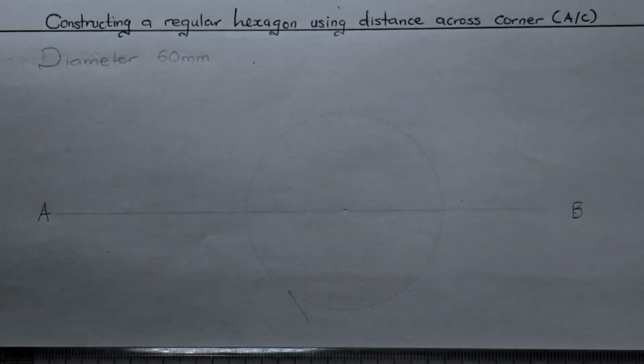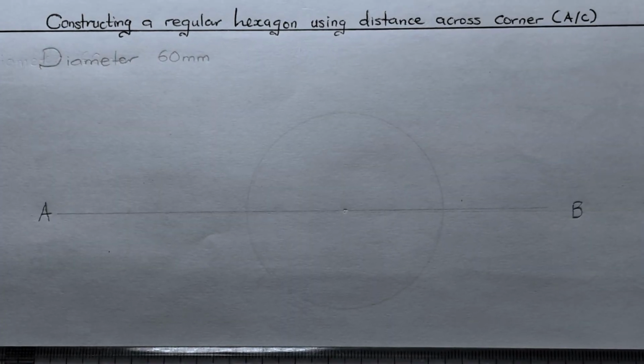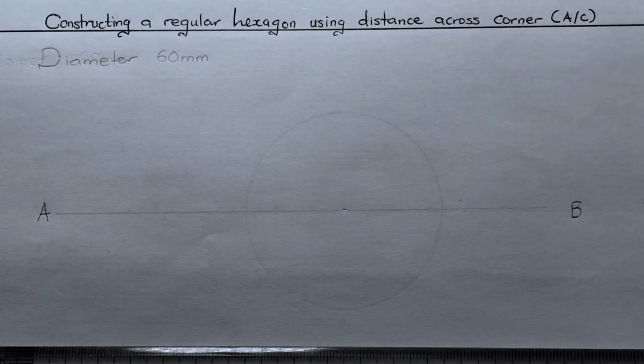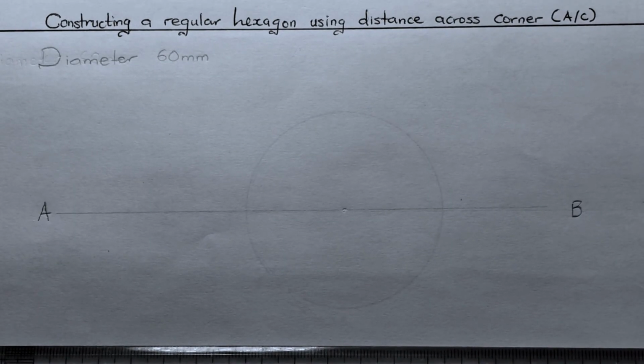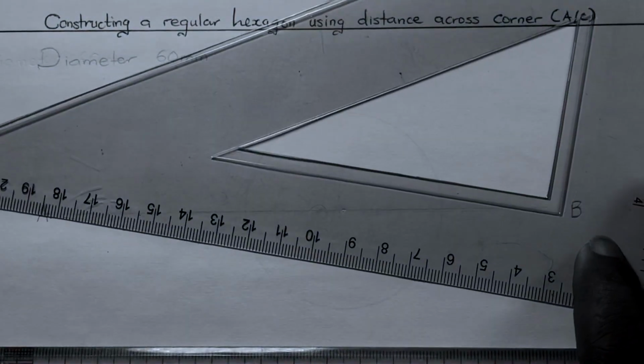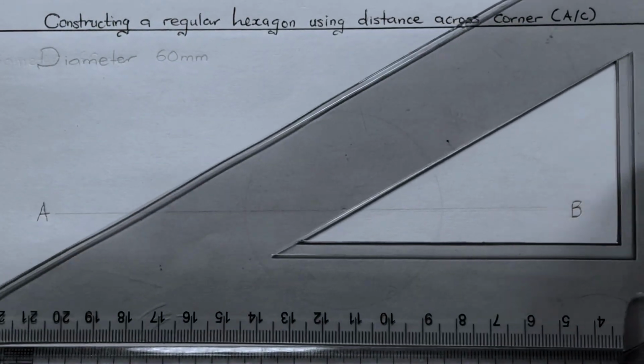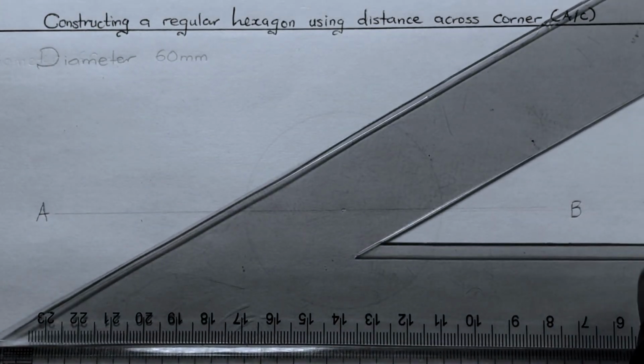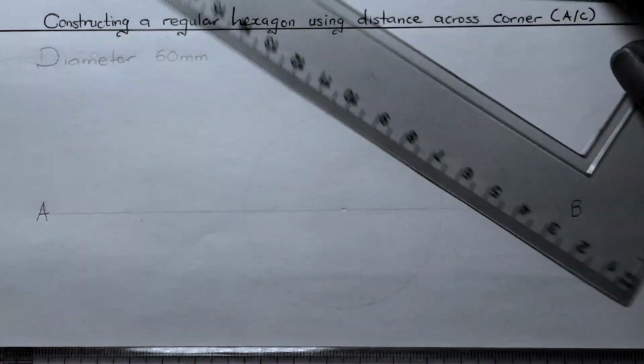using a thin line. So after drawing the circle, the next thing to do is we draw center line and diagonal line using 30 and 60 degree set scale. So we have a 30 and 60 degree set scale to be used for the construction of our hexagon. But the first thing we have to do is to draw center line and diagonal. So the first thing is to draw our center line